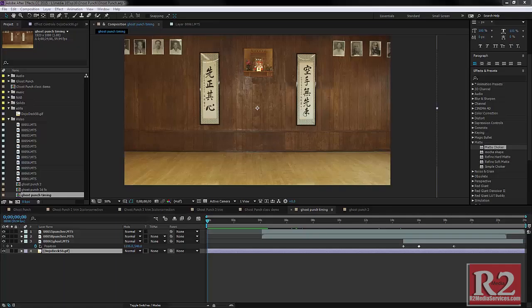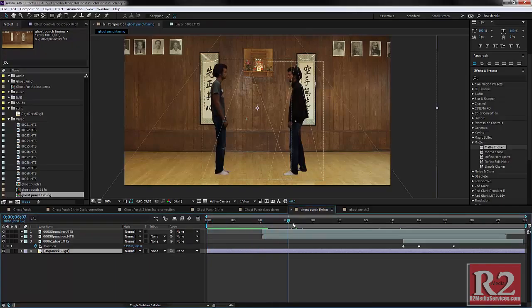Okay, here is the advanced portion of the project. So at this point, we've got our timing down, we've got our staging down, we've done some masking, and we've done some position animation. And in a 2D world, we pretty much have everything placed where we need it to be. Now, the reason why we waited to put in 3D is because it just takes a lot more RAM to work in 3D. And since we didn't really have any depth changes,